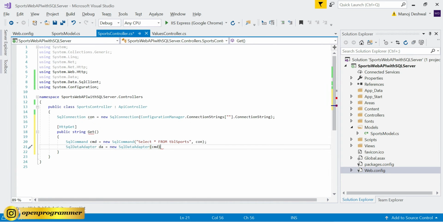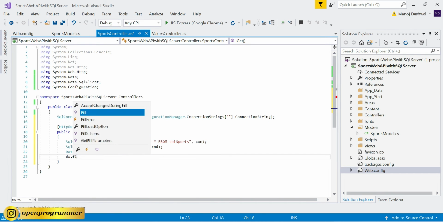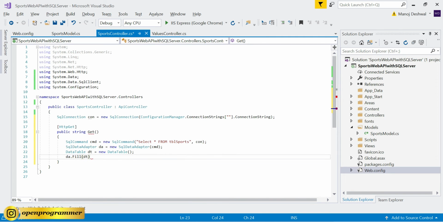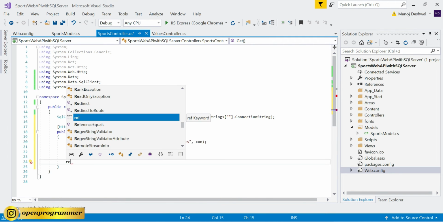Let's pass name command here, and data table dt is equal to new data table, and da.fill dt, and return